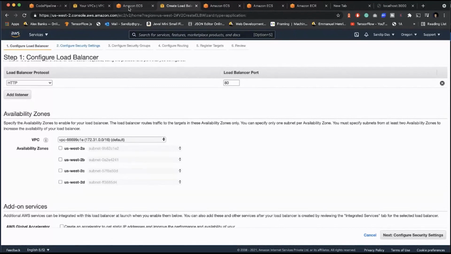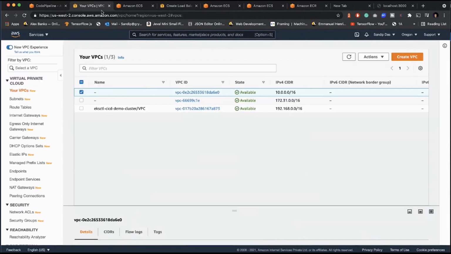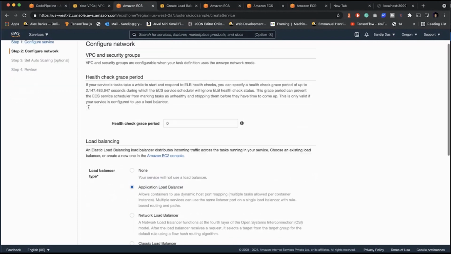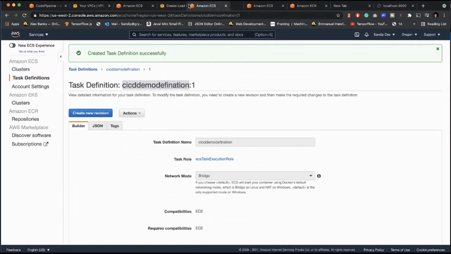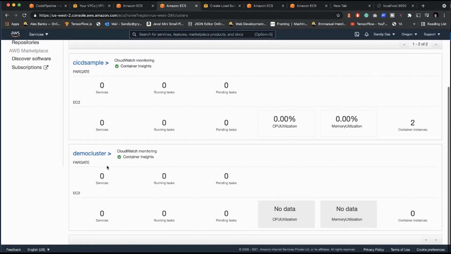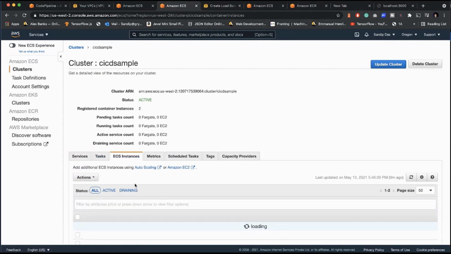Now make sure what is the VPC of the cluster that you're running in, because otherwise you might see issues that you don't want to face. So let's find that out. For that we must go to ECS, go to cluster, and then this is the CI/CD sample cluster that you are running. Go to ECS instances.